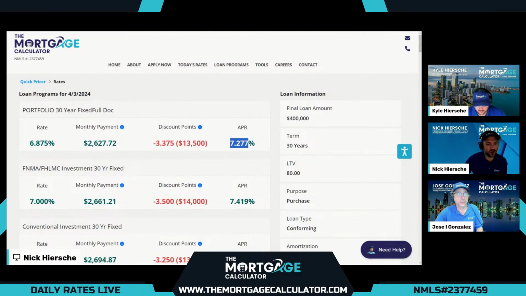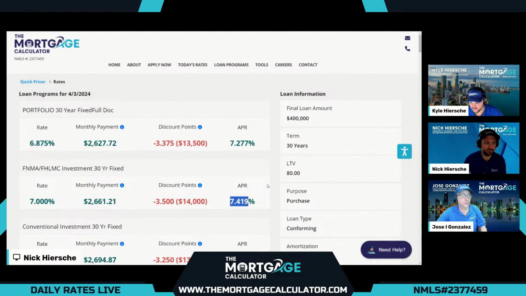And conventional rates went up a touch, so the first true conventional option with all the price adjustments is this option, which is Fannie Mae or Freddie Mac, either or. And it comes in at 7% rate for 3.5 discount points. Puts the final APR at 7.419 for the first true conventional option that does have the loan level price adjustments